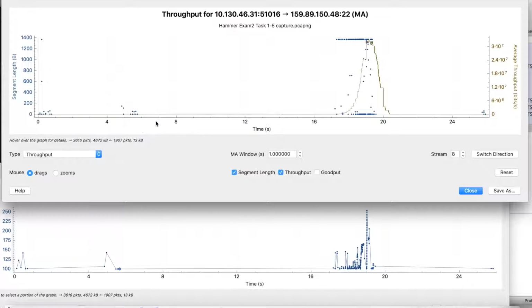I'm showing a picture of the throughput graph in Wireshark. You can see here on the graph, as the window size increases, as you go up this scale, the throughput increases. And the window gets really large. It gets to 12,000, jumps to 14,000. The actual graph shows the calculated window size, which is a little bit bigger. You can see here the calculated size is